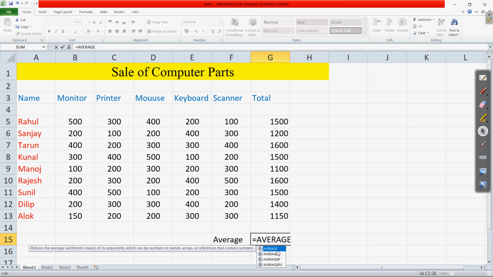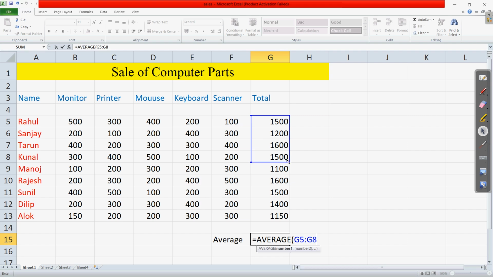Okay, so here I have written the name of the function, then start the bracket, that is the parenthesis. Then we have to select the first cell. The first cell in this case is G, that is Rahul, and starting from here we will drag it down.